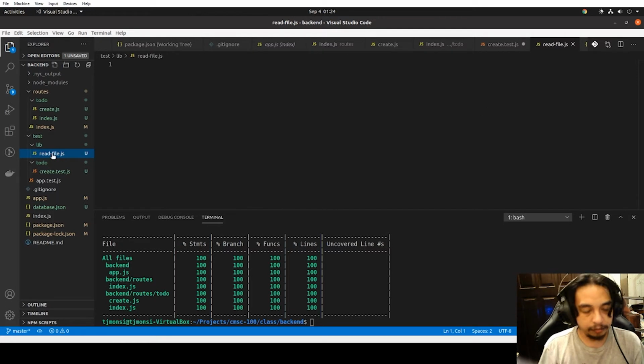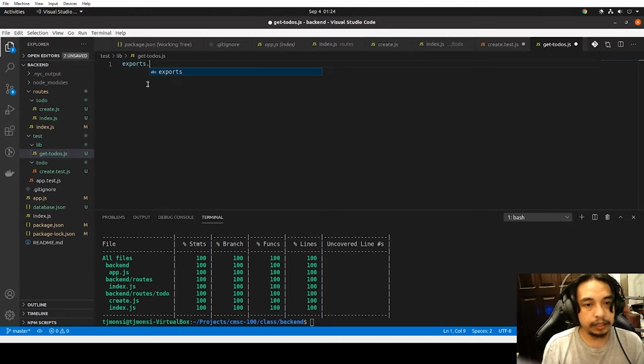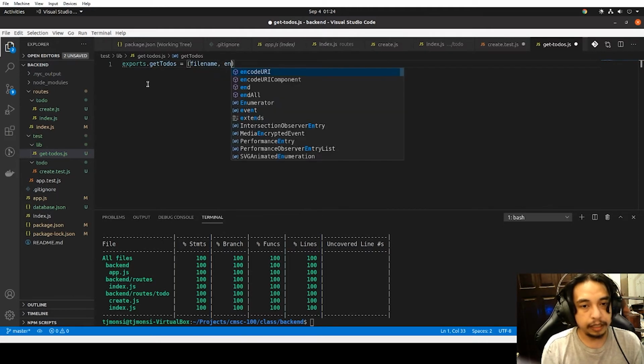Let's read the file, or read database. Or let's rename it to get to dos. So exports.getToDos equals, let's get the file name and encoding,